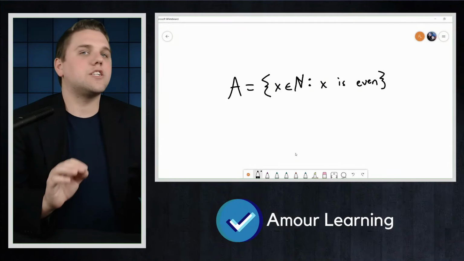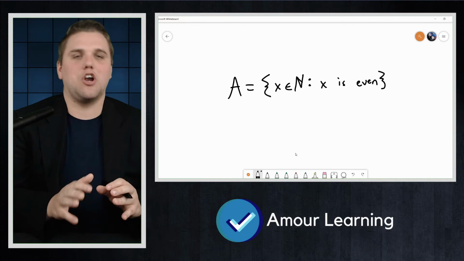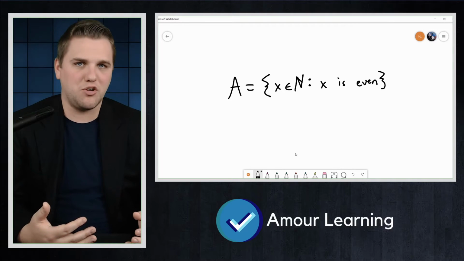In the last video, we talked about sets and introduced an example of the set of all natural numbers that are even. In this video, we will discuss set builder notation. Here's another way to write the same set, the set of all natural numbers that are even. Now, this might seem a little concerning because maybe there are some symbols here that you haven't seen before, but